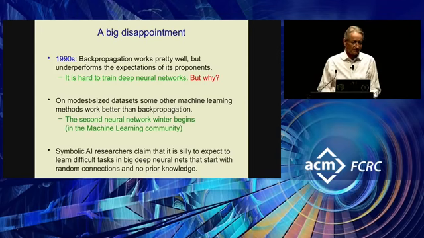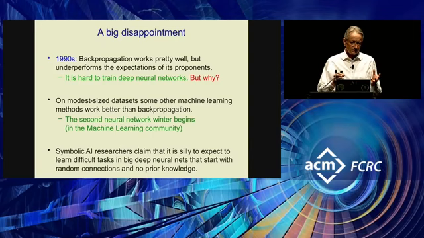However, in the 1980s, we were very, very pleased by backpropagation. It seemed to have solved the problem, and we were convinced it was going to solve everything. And it did actually do quite well at speech recognition and some forms of object recognition, but it was basically a disappointment. It didn't work nearly as well as we thought. And the real issue was why. And at the time, people had all sorts of analyses of why it didn't work, most of which were wrong. So they said, it's getting trapped in local optima. We now know that wasn't the problem.